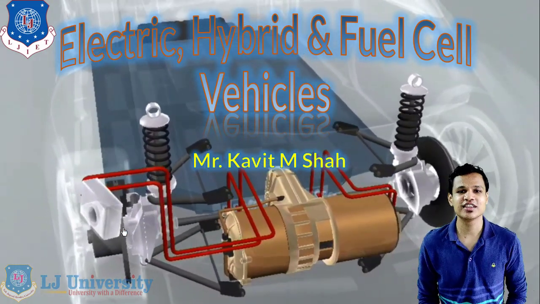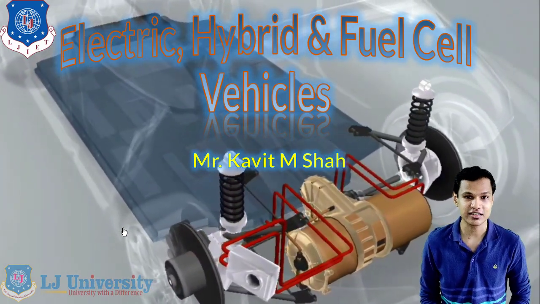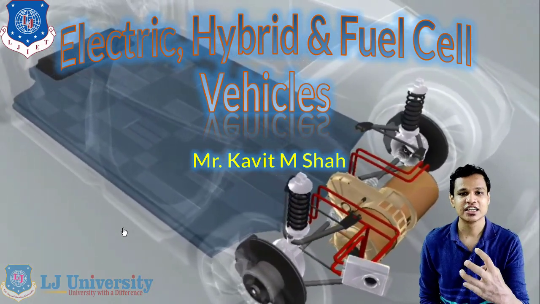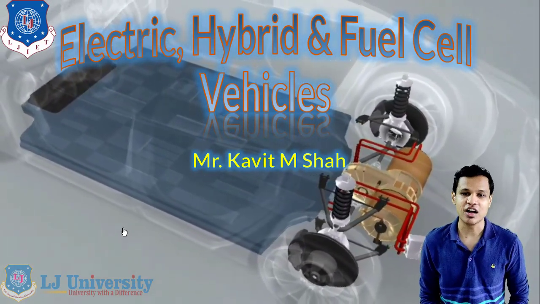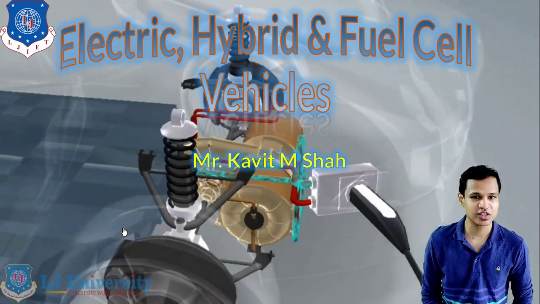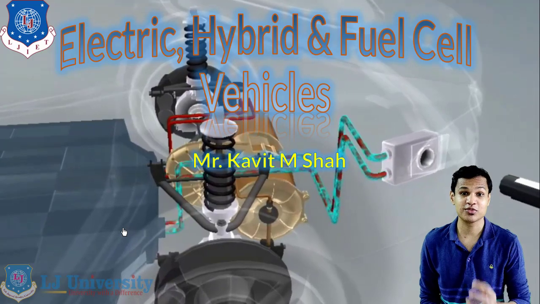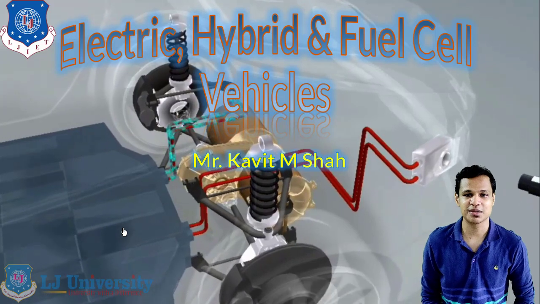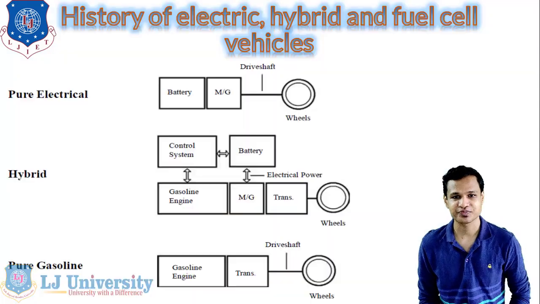So first we will start basically from the earlier time, that is from the history of the vehicles, and then slowly we will learn about the components, the layout and the different methods that are used for the electric vehicles and hybrid vehicles, also for the fuel cell vehicles. There is a separate chapter for the fuel cell vehicle as well, to see the generation of the fuel cells, to see the different types of the fuel cells that can be used in the vehicle. So let's start the first chapter, that is an introduction of the electric, hybrid and fuel cell vehicles.